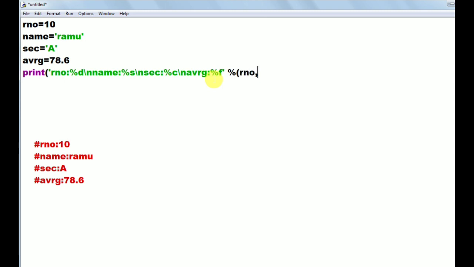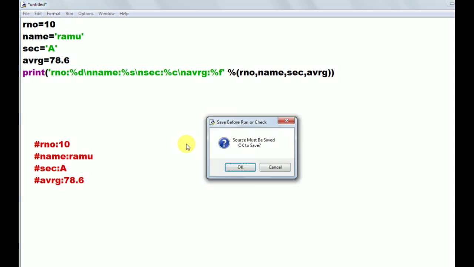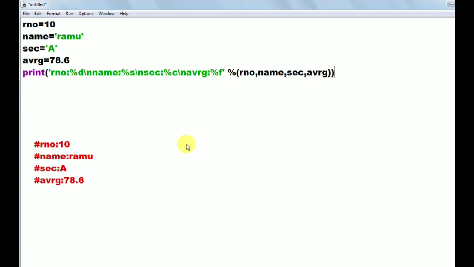Next is %c, that is sec. Next is %f, that is avg. Then close the bracket and close the function. Now I am running this program by pressing the F5 key. It is asking to save this program. I am saving it in the F drive with the name student.